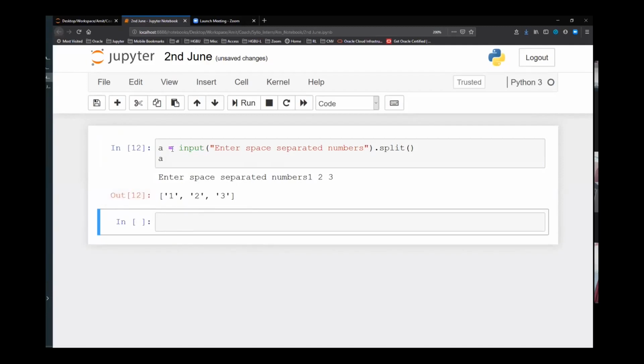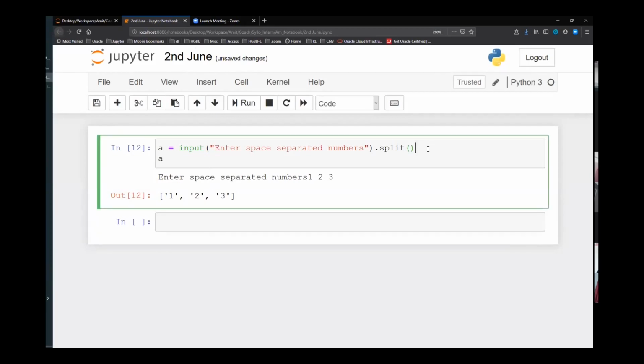So always run the pieces of code which are there to see how execution is happening and what you need to do. So if you see here, if I use this input function, then the input is coming as a list and it is in string. Then I must convert this to integral values because I have to add at the end, right? So that is one thing, once you have taken the input, you need to convert it.